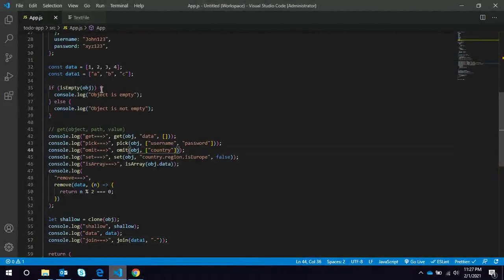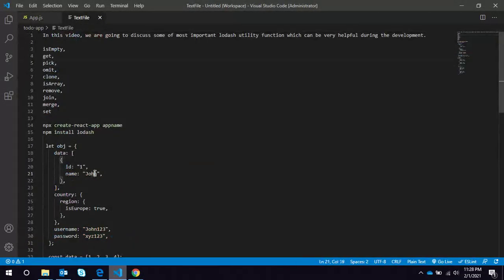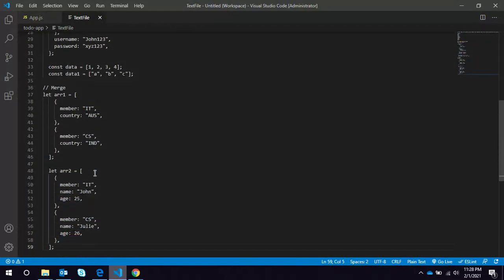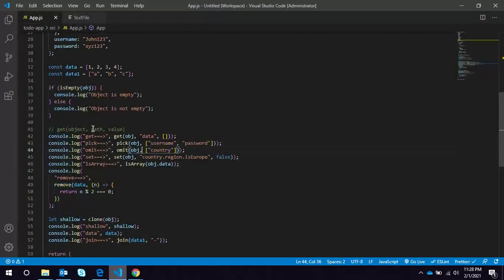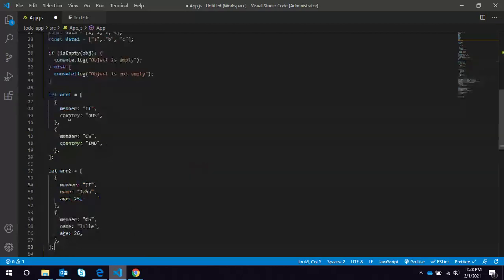Now the last one we are going to use is merge. For merge we are using a different example to understand. Suppose we have two arrays. You can see this member property is common in both arrays. We want to merge when the member is matched.